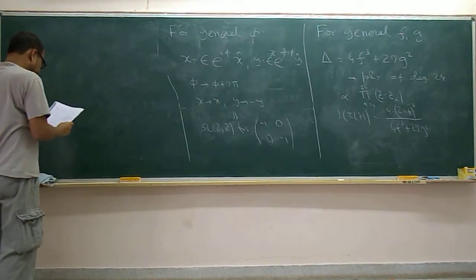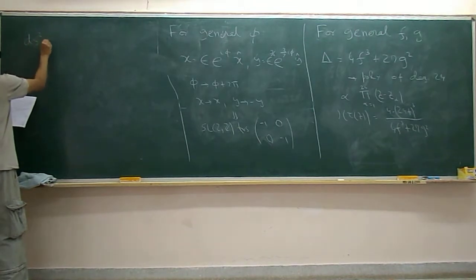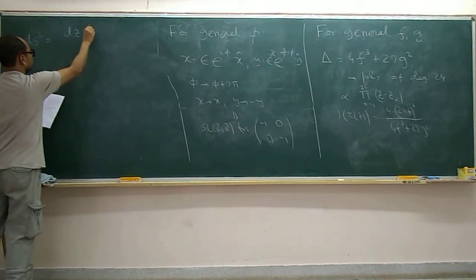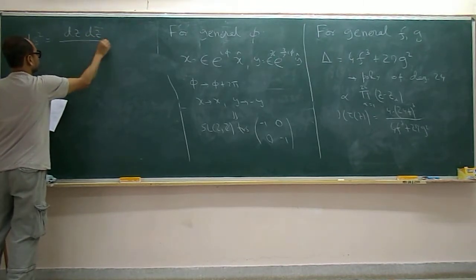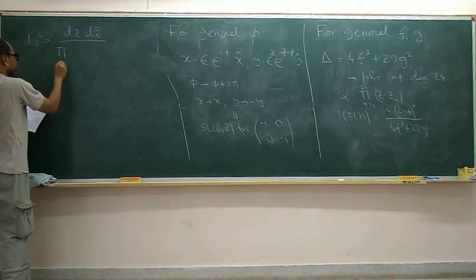The metric that one gets is, after a constant of proportionality,